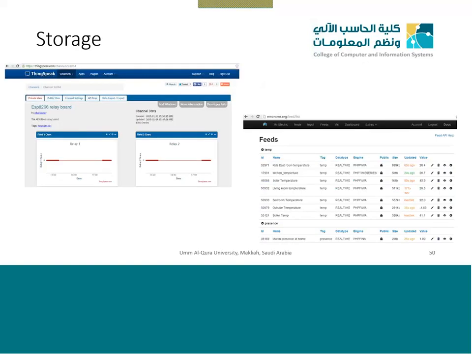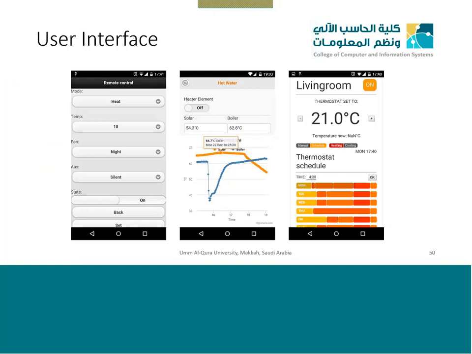The second part, which we already discussed, is the storage. All your data is coming in, for example, the kids' room, kitchen temperature, solar temperature, all the temperature data coming using the node ID and the description, and then we are storing it with values like the temperature in centigrade. Basically, on your server side, you have the data aggregator and the data cleaner, which will receive all the data, clean it up, store it in a database, and provide it to the dashboard, and then you have the opportunity to have a user interface connected to that server.